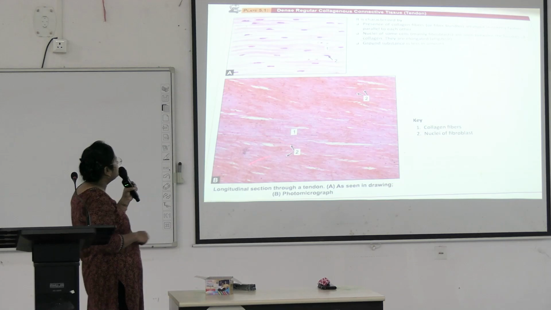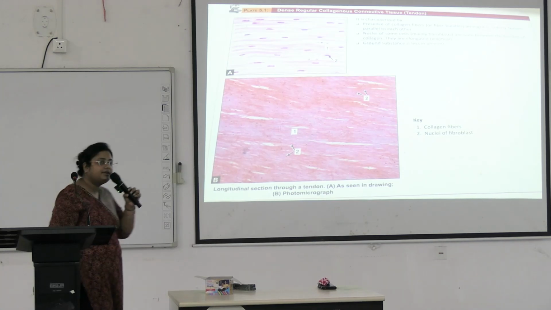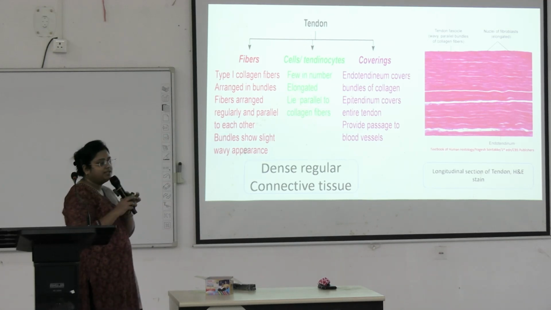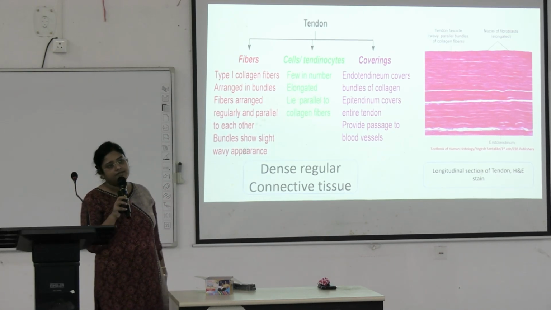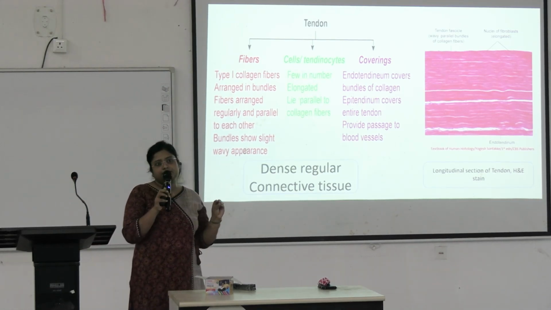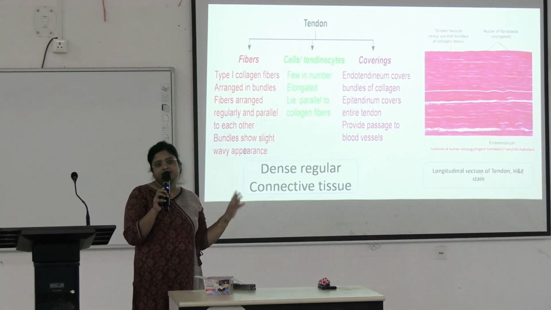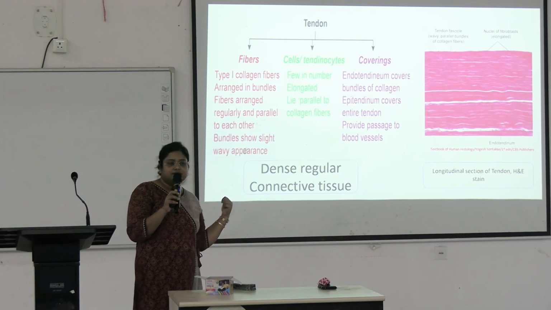See, like this you will see under the microscope. These are the collagen fiber bundles, and the dots you see are the nuclei of the fibroblasts. Understood. So dense regular connective tissue example is tendon, you will see a section of tendon. For loose areolar connective tissue, you will see lamina propria, tunica intima, tunica adventitia of the artery. All these are examples of loose connective tissue.